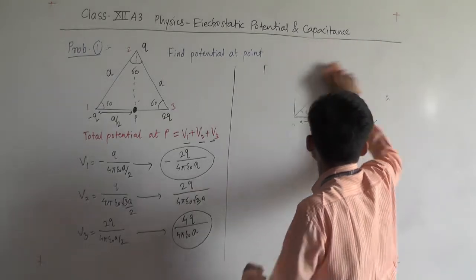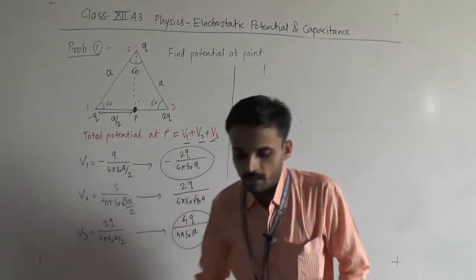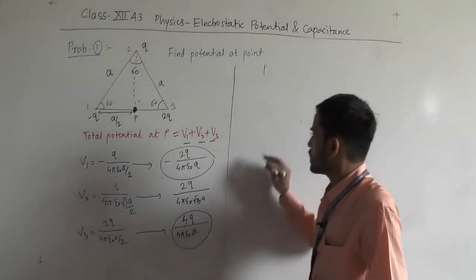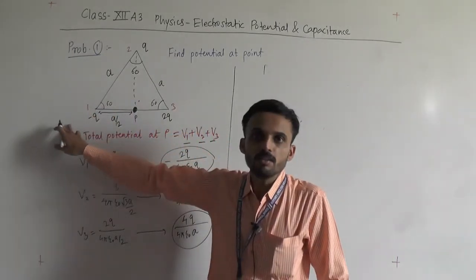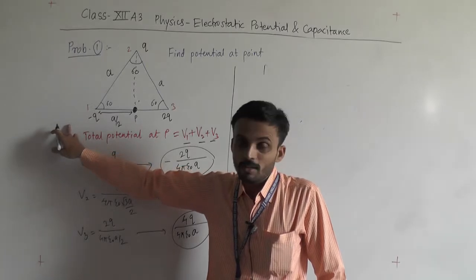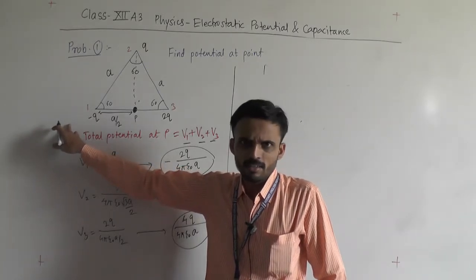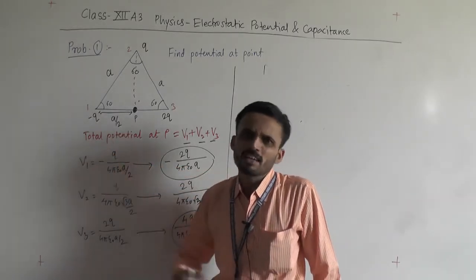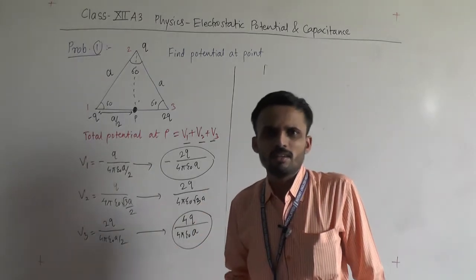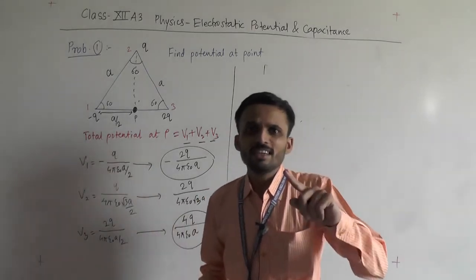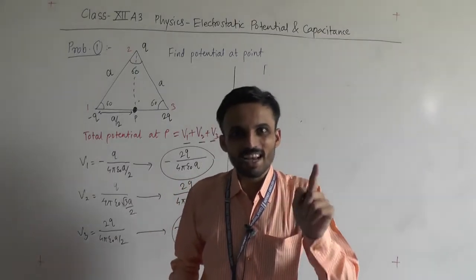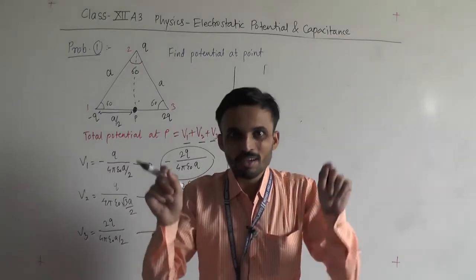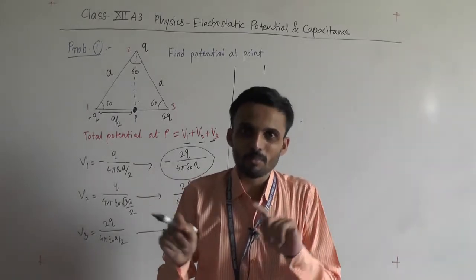There is nothing difficult, you only have to keep in mind the definition of potential. What is the definition of potential? Suppose this is my source charge, so independently call them the source charge. While calculating potential energy, we calculate directly. In the same way you can calculate the potential, that is not different. Only in the potential energy, what will be there? Q1, Q2 will be there. Source and test charge both will be there, because potential energy is for that particular combination.